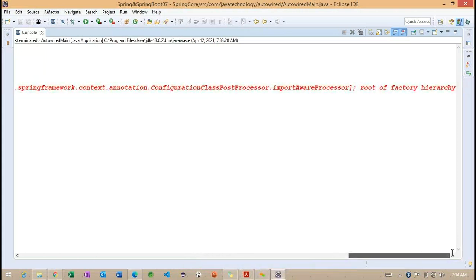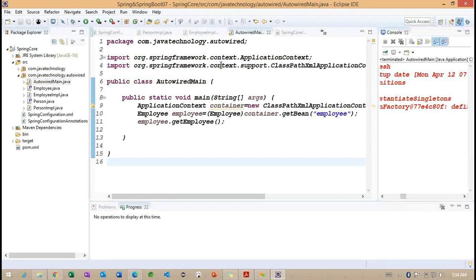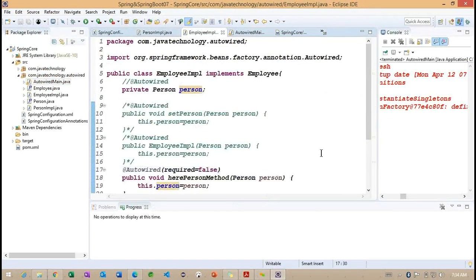So what error are we getting here? The root of the factory error key here. So we need to understand here, if I'm going to remove this required false.